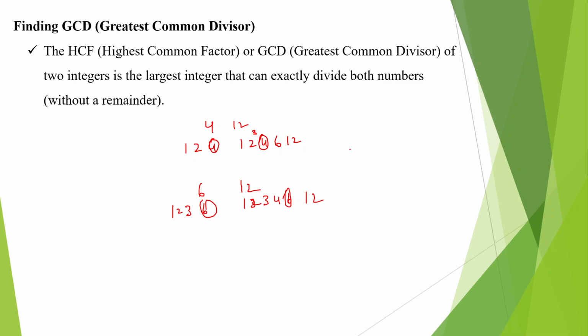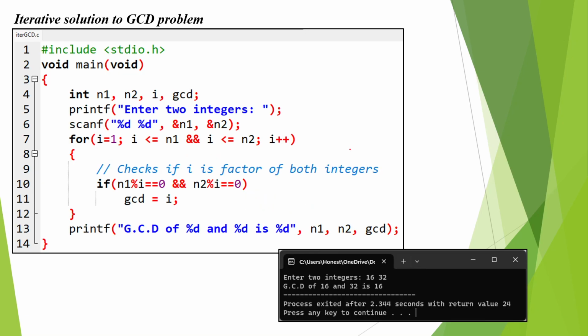But logically, when we write the program logic, it will go somewhat differently, because we need to check whether it is a factor of the given number or not. First we check, and based on that logic we print the highest common factor. Here you can see how we are doing it. Because we are finding a common factor, we are reading